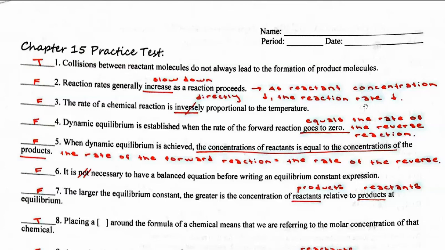Okay guys, so I'm going to go through this pretty nice and quickly. This is your Chapter 15 practice test review, and we're going to start with some true and false, like always. So the first question says, collisions between reactant molecules do not always lead to the formation of product molecules, and